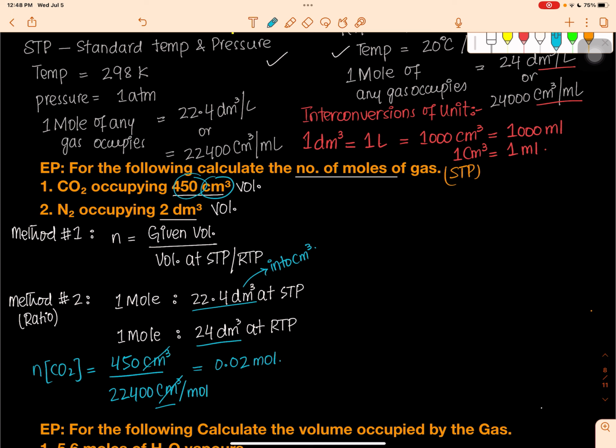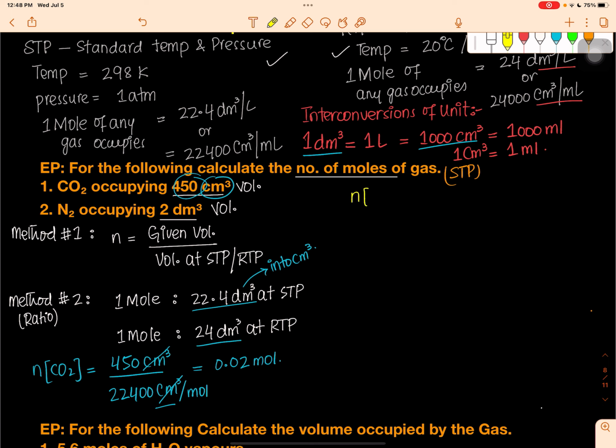For cm cube, we know that 1 dm cube is equivalent to 1000 cm cube. So 22.4 dm cube will be equivalent to, we multiply it and we will get the result, and that is 22,400 cm cube. So first we look into the interconverted values, and then we are going to find out our solution. Because otherwise, if I take the wrong input,